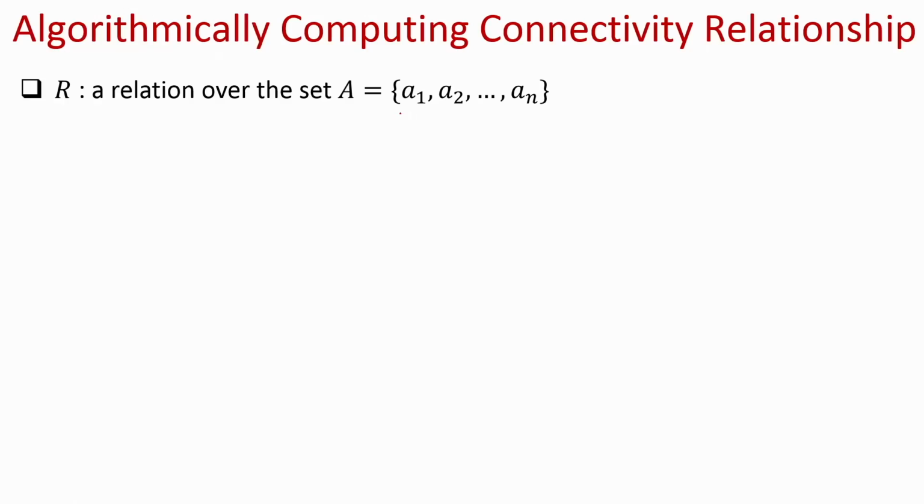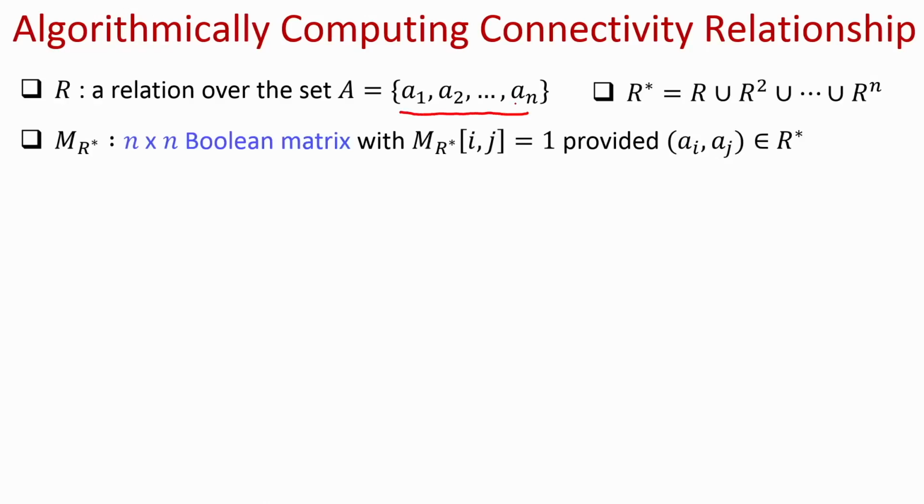So, we will be focusing on the case when the relation is over a finite set, and recall that in this case R star is nothing but the union of the first n powers of R. So, what we are going to construct is the Boolean matrix M R star. It will be an n cross n Boolean matrix representing your connectivity relation R star, where the ith row and the jth column will be 1 provided the element A i is related to A j